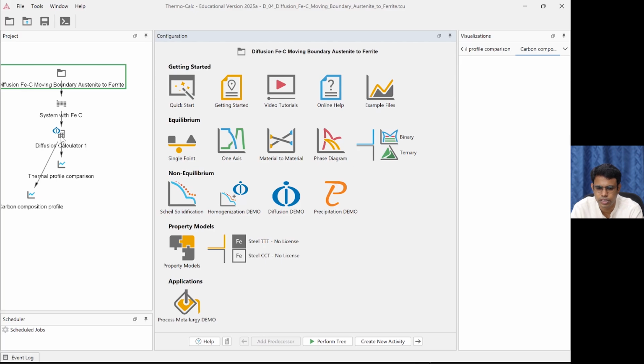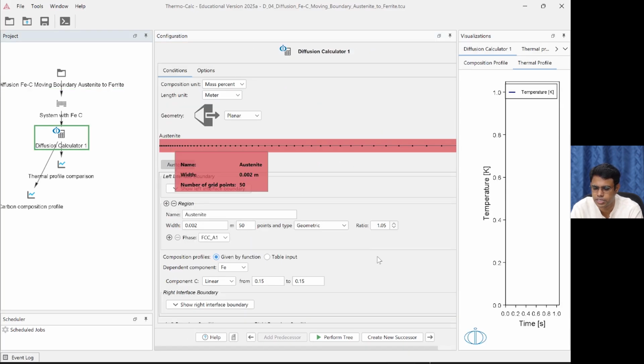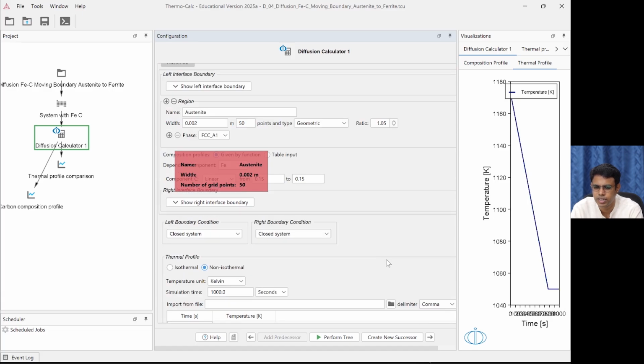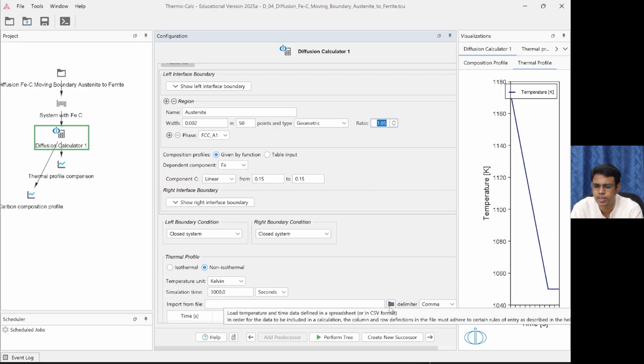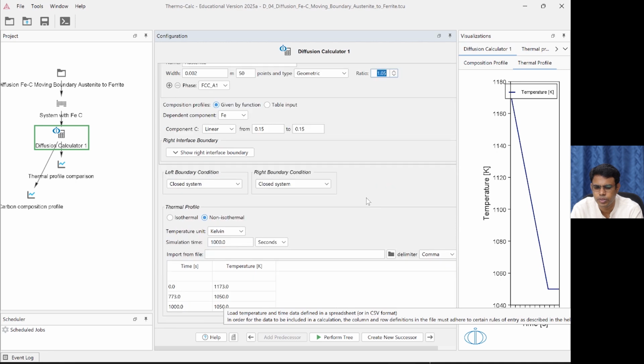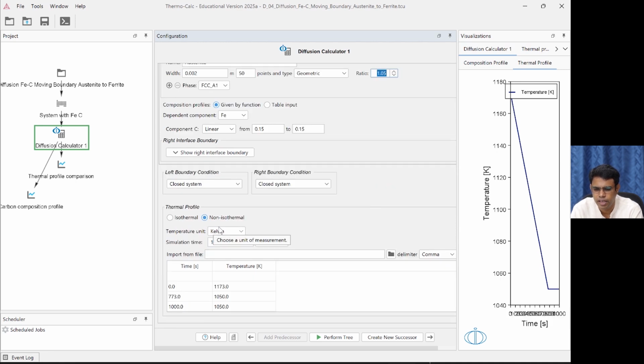I'll show you in the diffusion calculator stage what is the difference compared to the previous class exercise. Most of the things remain the same compared to the last class exercise. This thermal profile is different. It is chosen as non-isothermal, in Kelvin, with simulation time 1000 seconds. The profile is given here: time 0 seconds, 773 seconds and 1000 seconds, and for those particular times the temperature goes from 1173 to 1050, then stays at 1050 for some time.